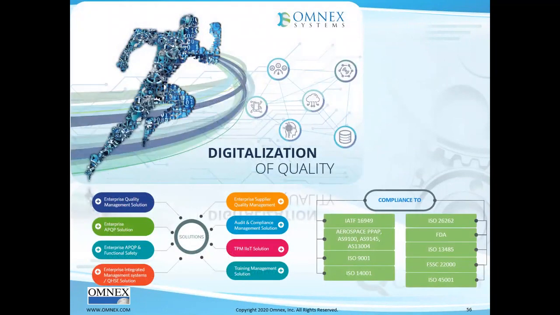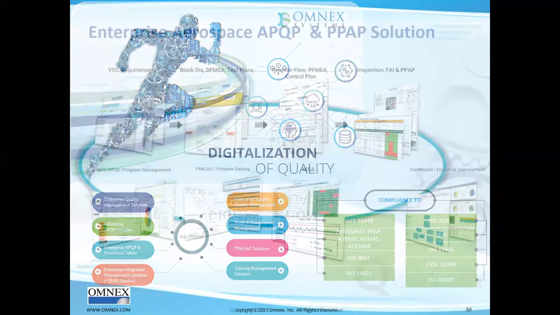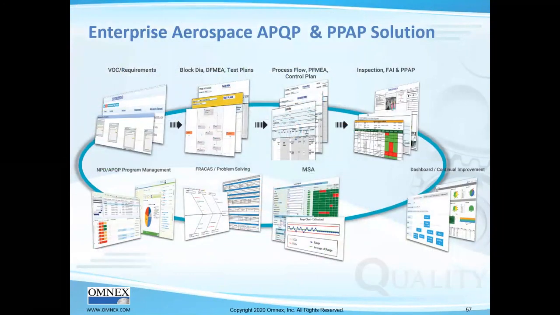You can see some of the digitalization of quality, some of the software that we have, enterprise quality. We have enterprise APQP solution, quality management. We do have things like Doc Pro for document control. And it does help. You can see over there compliance. It does pretty much list all of the major standards that organizations are certified to. And we do have the enterprise APQP and PPAP solution, which is a software package that handles pretty much all of the stuff required in